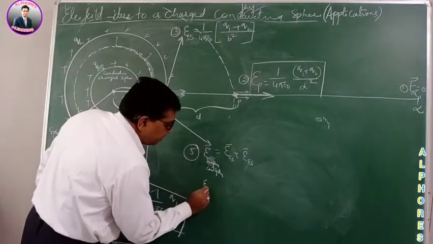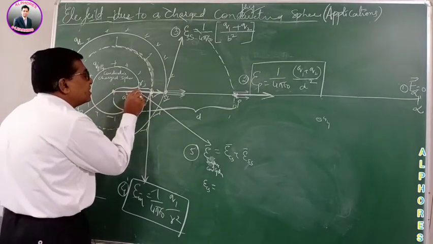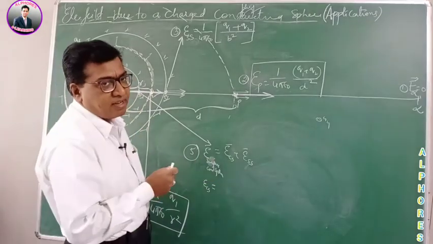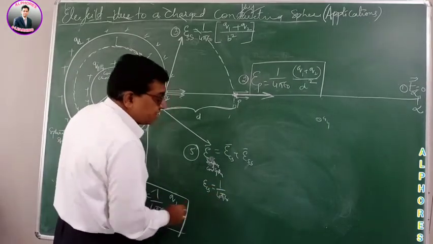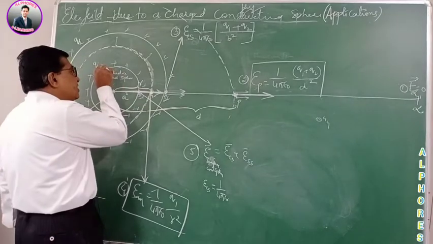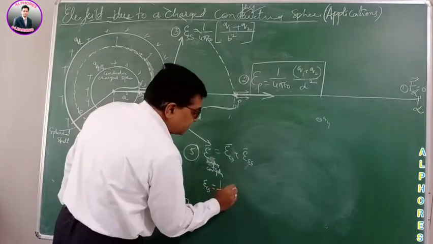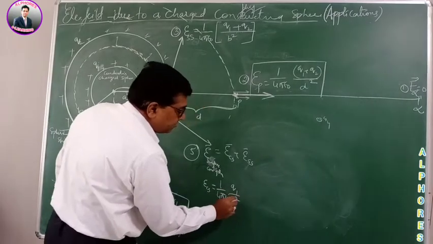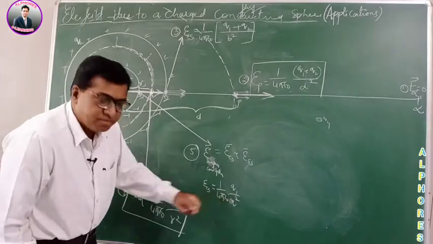Well, the electric field due to the conducting sphere. For this conducting sphere, the point lies on the surface. We have deduced the formula. The electric field due to the conducting sphere on the surface is charge on the sphere by its radius. The distance of the point is A, so it's Q1 by A square. So the electric field due to the conducting sphere is 1 by 4 pi epsilon, Q1 by A square.